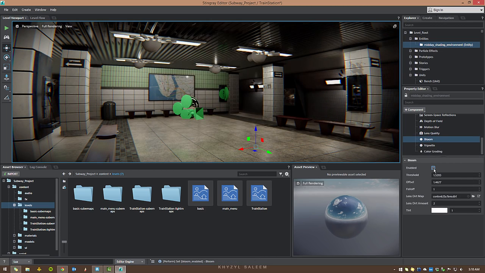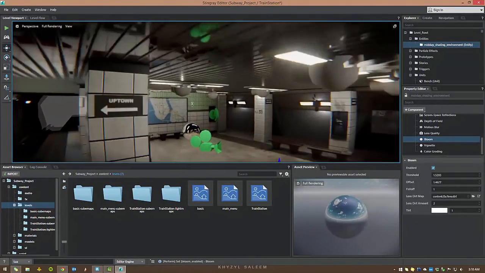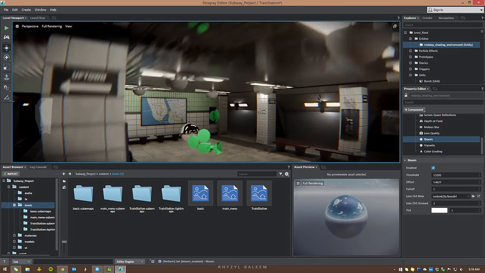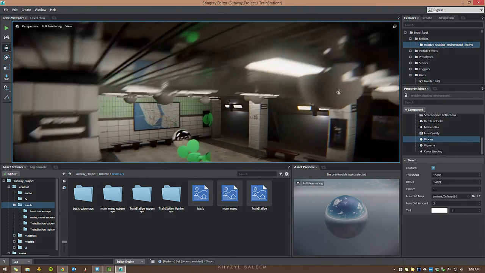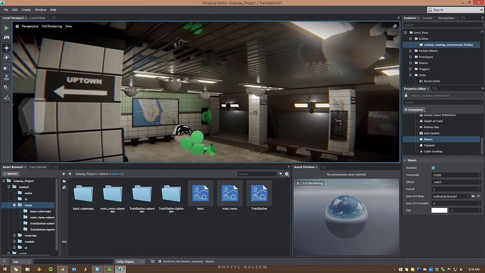We also have bloom. We can turn that on and off. You can see the lights have a bloom applied to them when it's on. And of course you can adjust all of the bloom stuff here. And we can even add a lens dirt map. Basically the lens dirt map comes into play when you see, if we can get it on the screen here, you can see the little blue dots there. That comes into play when your eyes are basically being hit by bright lights. And you can see the lens, or I should say the lens is being hit by the bright lights,